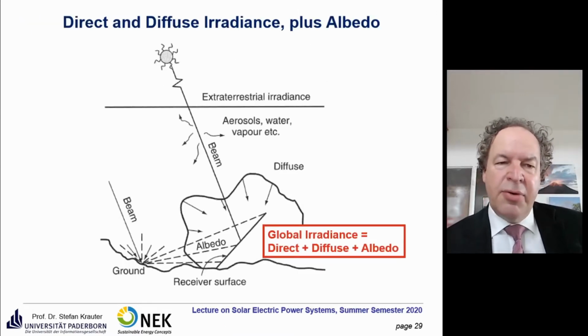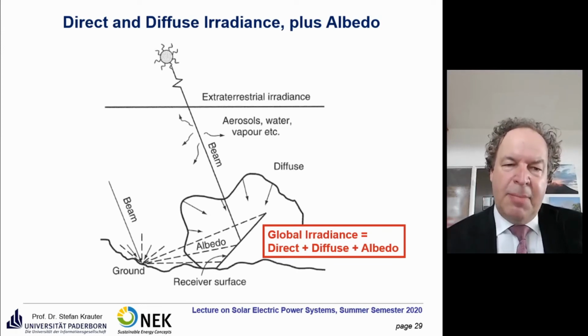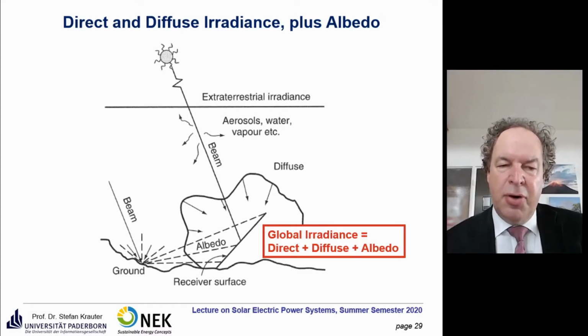So what kind of solar irradiance do we have? We just basically talked about the so-called direct irradiance. That's irradiance we see directly from the sun. But if the sun goes through the atmosphere, there's not only absorption, there's also scattering of the sun, and that's the blue part that you see from the sky. So you see one dot, with an opening angle of 1 degree, one circle of the sun, and the rest is blue, and that's the so-called diffuse irradiance, mainly scattered irradiance, and